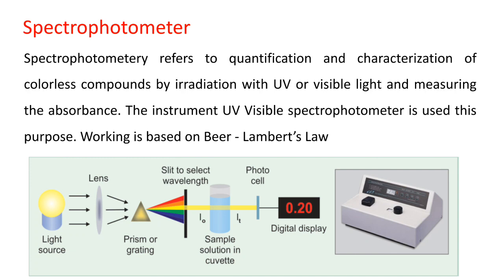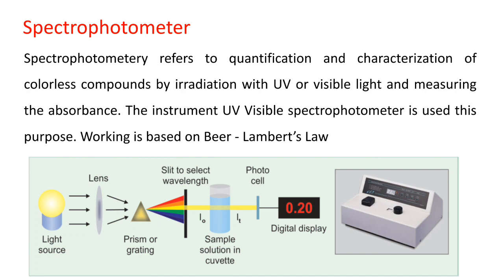Beer-Lambert's law helps in identification of the unknown concentration of a sample. How the formula is derived, we already discussed, so refer to the colorimeter chapter. If they ask in the exam, you have to write the principle, and along with this, you have to write the principle of Beer-Lambert's law also.